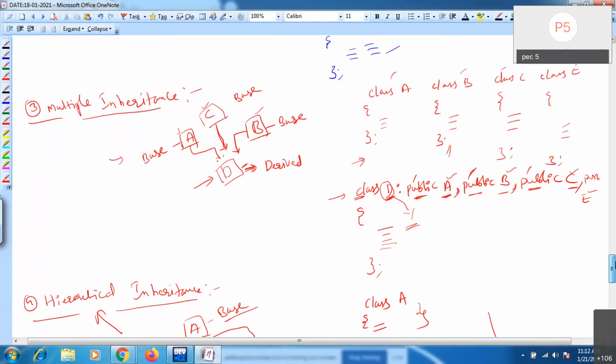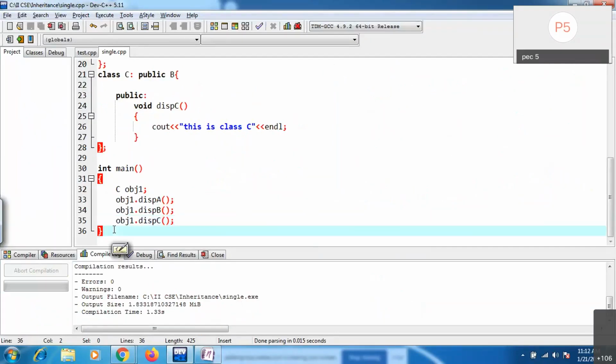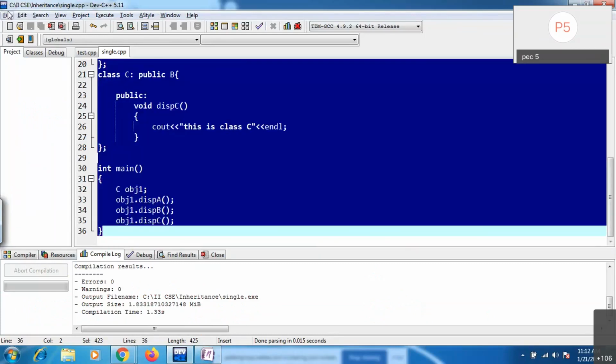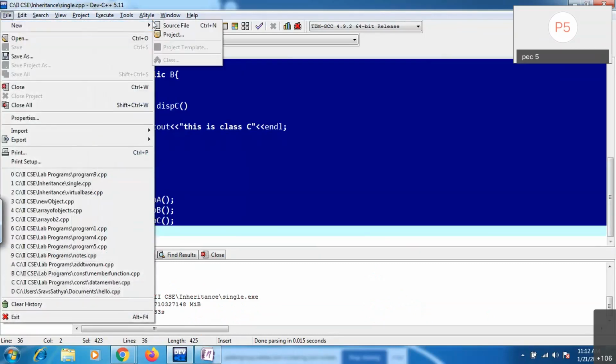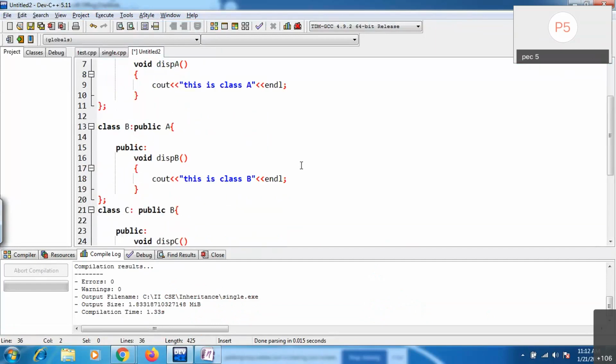Multiple is also the same. Take three base classes and derive one. For multiple, I will give one example. I will copy the entire thing into a new file. In the multiple case, you need to derive one class from multiple base classes.